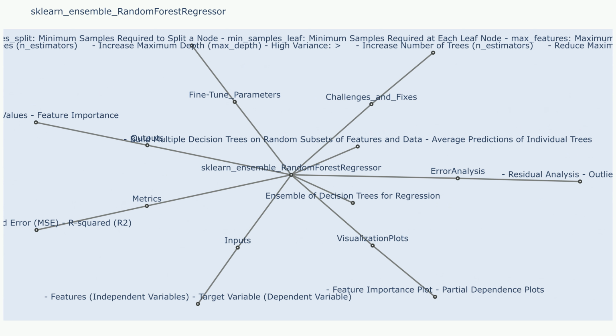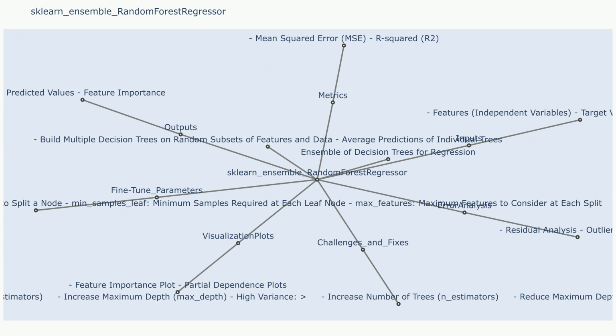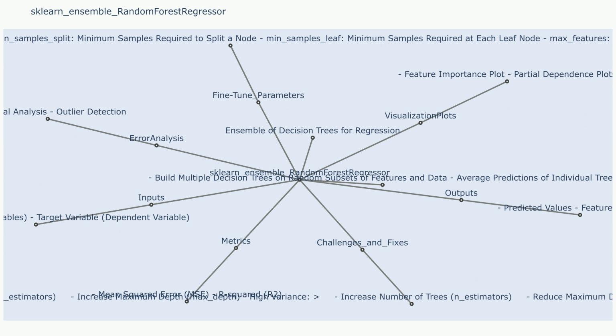Parameter 3. Min samples split specifies the minimum number of samples required to split an internal node. A higher value promotes simpler trees and can help prevent overfitting. Parameter 4. Max features controls the number of features randomly selected at each split. Setting this value lower can lead to less correlated trees. Parameter 5. Bootstrap indicates whether to use bootstrap aggregation, where samples are randomly drawn with replacement. This technique is often used to reduce variance and improve generalization.